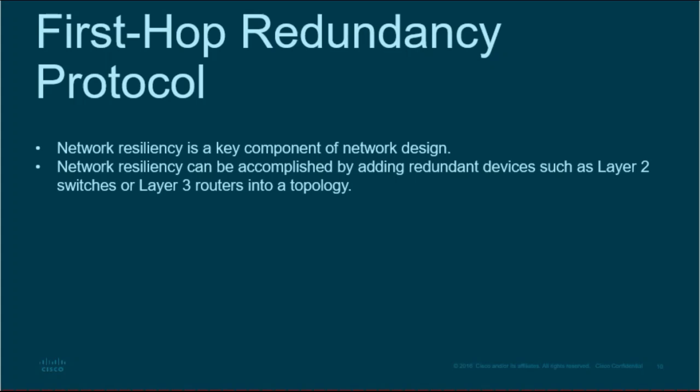Hi everyone, in this video we're going to look at first hop redundancy protocol. First hop redundancy protocol is a category of networking protocols designed to provide redundancy for the default gateway in a subnetwork. So this is a key component for network resiliency inside a particular network design. These protocols allow us to add redundant devices such as layer 2 switches or layer 3 routers into